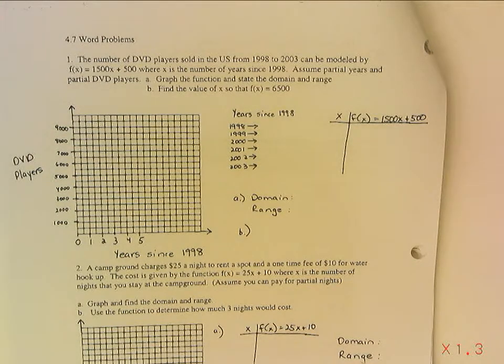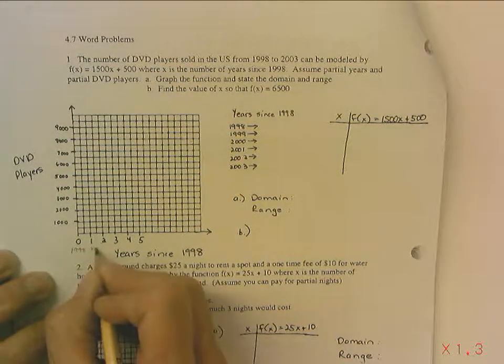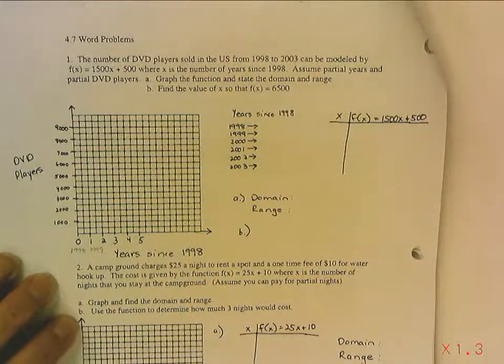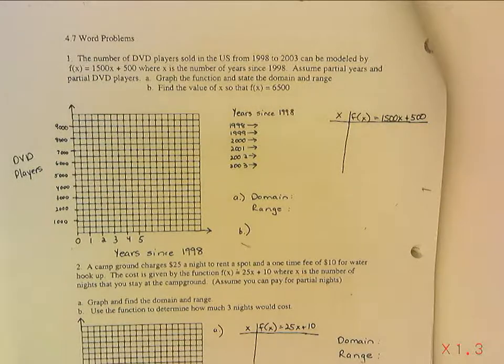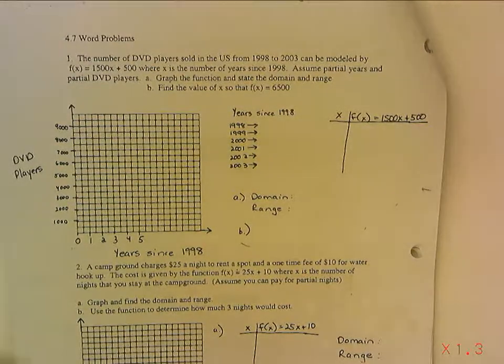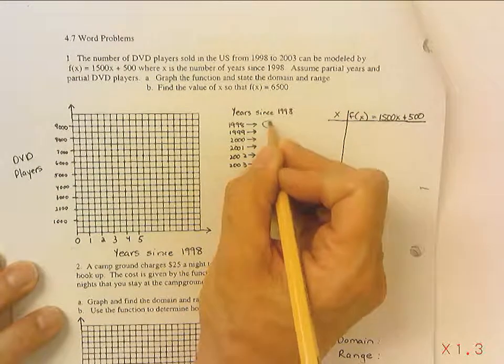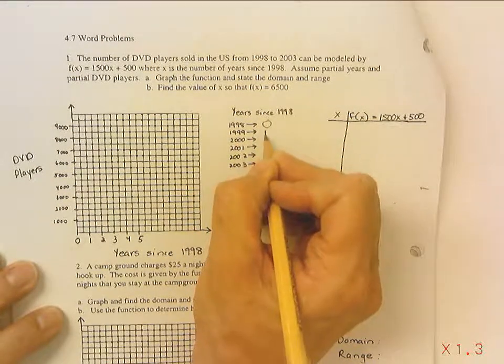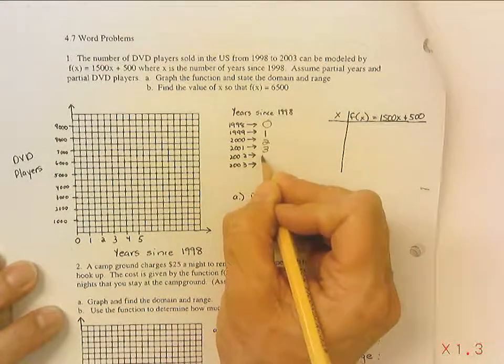Now, that means you're not going to put 1998, 1999, 2000 on your x-axis. Anybody that writes 1998, 1999, and 2000 down there, it's wrong and you won't get credit. Okay? Because it's years since 1998. So if we're in the year 1998, how many years have passed? Zero. In 1999, it's 1 year. 2000 is 2. 2001 is 3. 2002 is 4. And